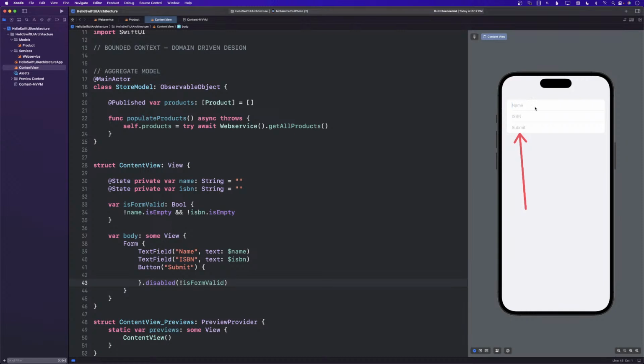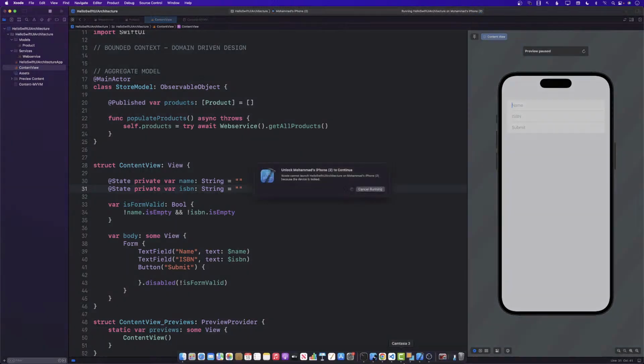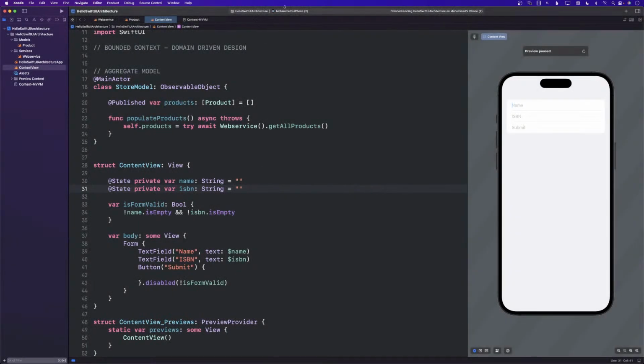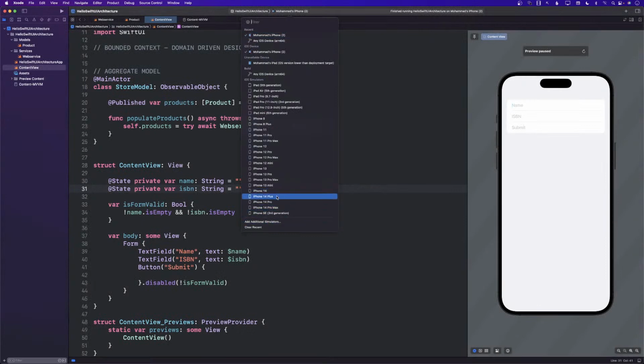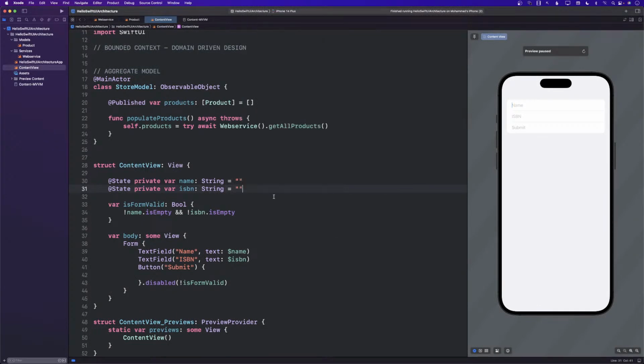Okay, so you write some, oh man, you see that? I don't know what happened to my simulator. You can see in the Xcode over here, but I can't really type. And if you have a solution, let me know, because this is kind of annoying that I can't really type in the Xcode preview. I don't know what happened. Why is it running on my device? Let's use iPhone, whatever. So I have to run it on an actual device.